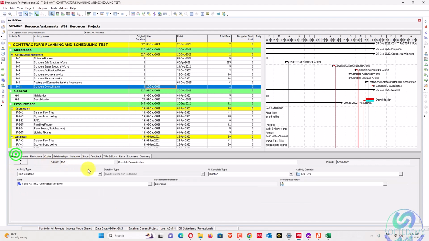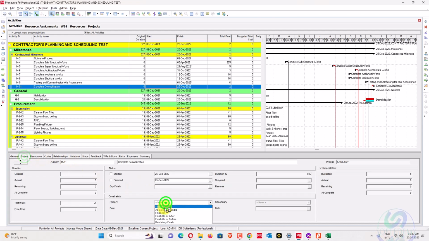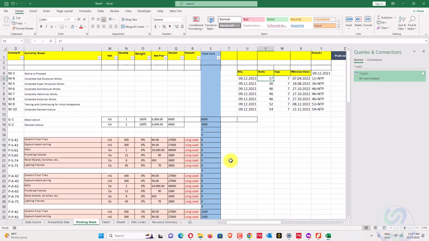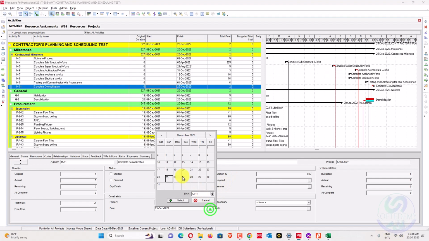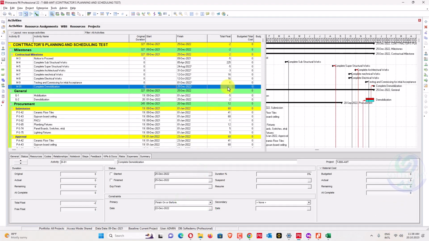This one activity should be finished on, status before on 22 of December. So I have 2 days for this one, 16 for this one, -3 and -5 for this one.